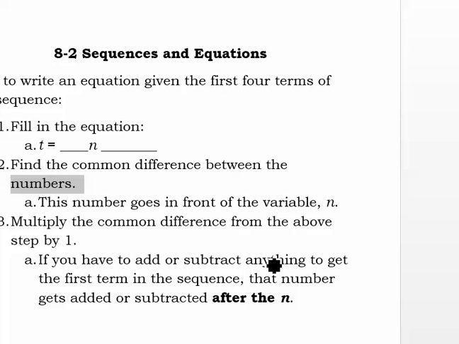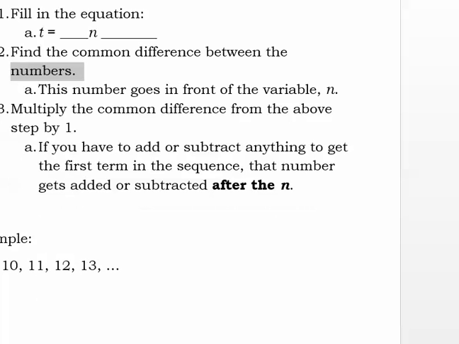If you have to add or subtract anything to get the first term of the sequence, that number gets added or subtracted after the n. So for example, we have 10, 11, 12, 13, and so on and so forth. We have t is equal to some number times n, and then we'll add or subtract whatever. The common difference here